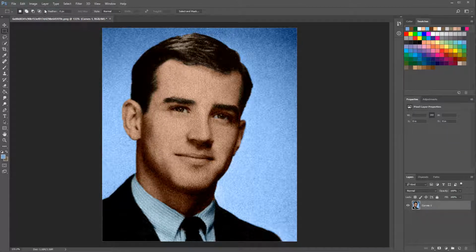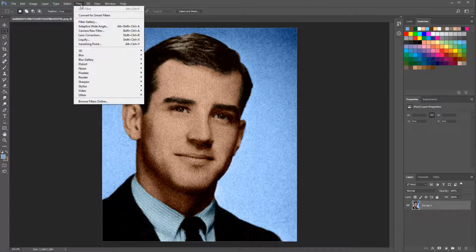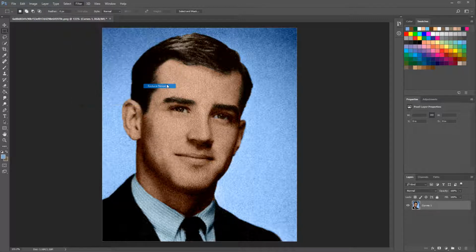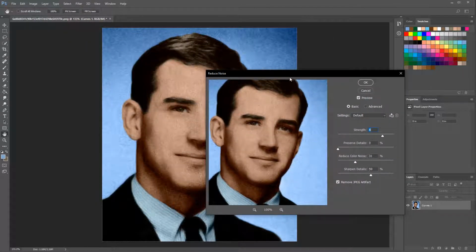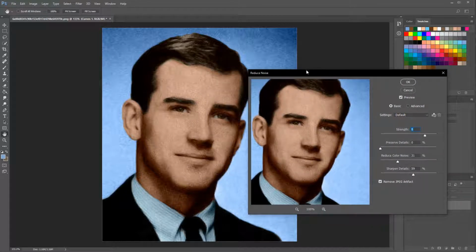Okay, so now let's go to, I believe it's filter. Filter, noise, reduce noise. Alright, we have a lot of things we can choose here. You want to have a balance between having your little fine details and having a lot of denoise. So, for example, right here I put a strength of 10. You see the higher I make it, the more of the noise we get rid of, but we also lose a lot of the very small details, although we don't have that many small details in this picture. And then we can do preserve details maybe a bit, but you see the more I put that up, the more